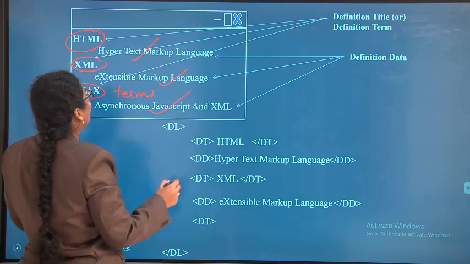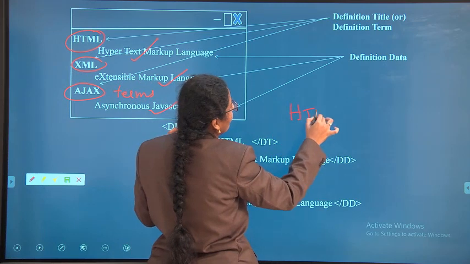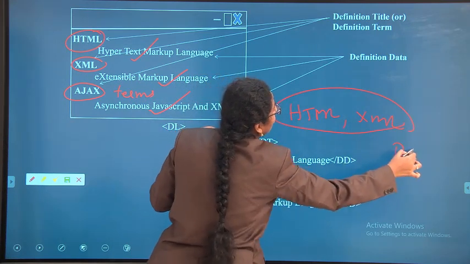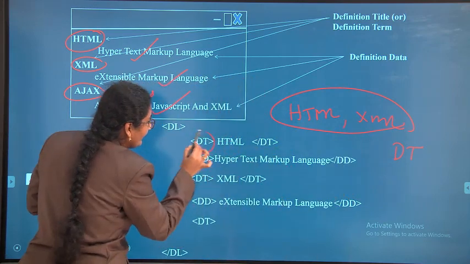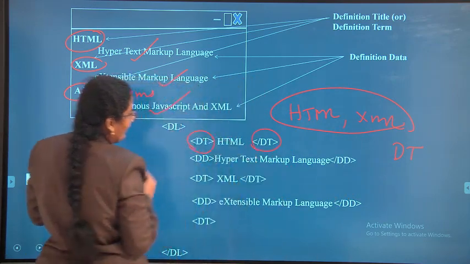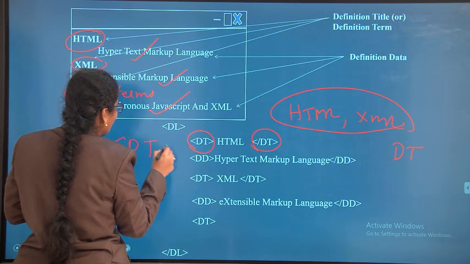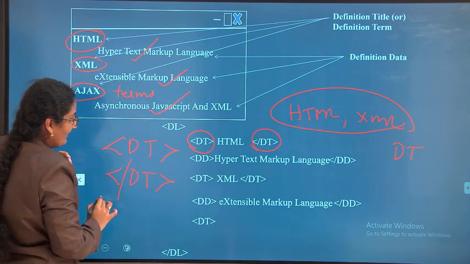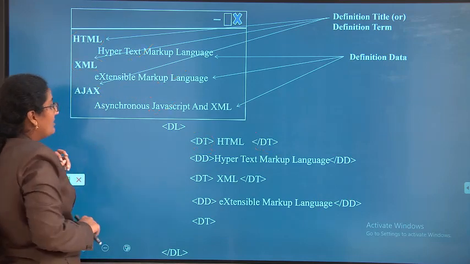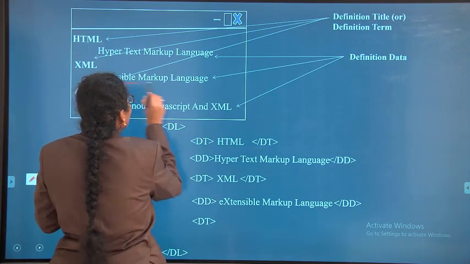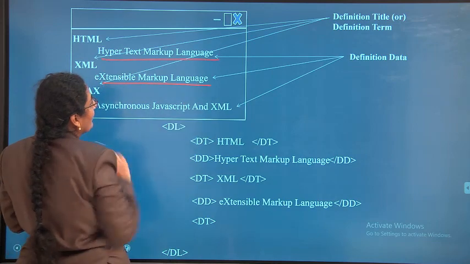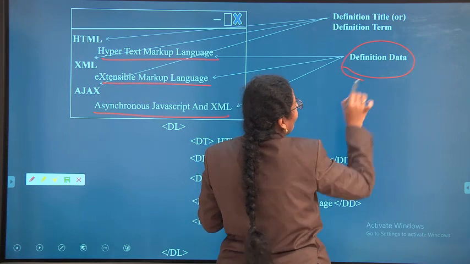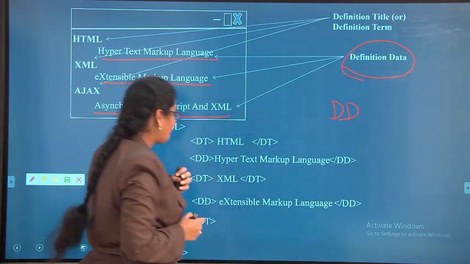So what are we calling HTML and XML? We are calling them definition terms, DT. DT tag open, DT tag close: angular braces DT, definition term, backslash DT, angular braces, definition term close. In the same way, extensible markup language, hypertext markup language and asynchronous JavaScript are called definition data, nothing but DD.